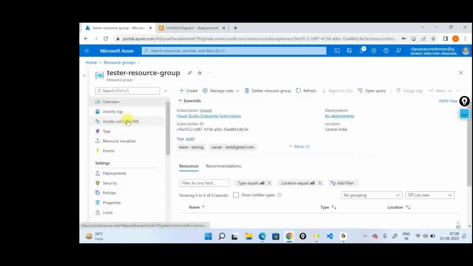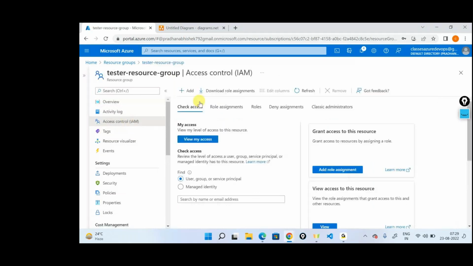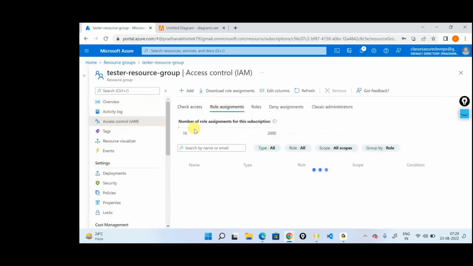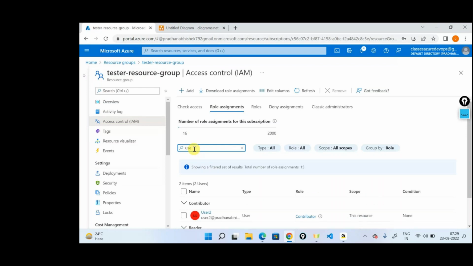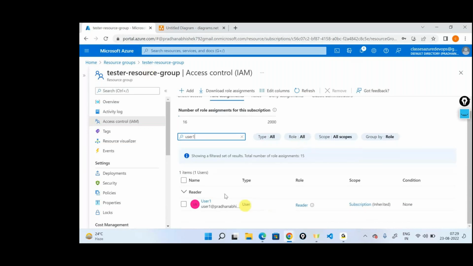I'll go to identity and access management, and in here I'll say role assignments. In here I'll again search for user 1. What do you think will be the role of user 1 here? Reader? No, contributor. Because here this particular user, the role is coming from what? The subscription level. I did not add him directly out here, which means that if I go back as a